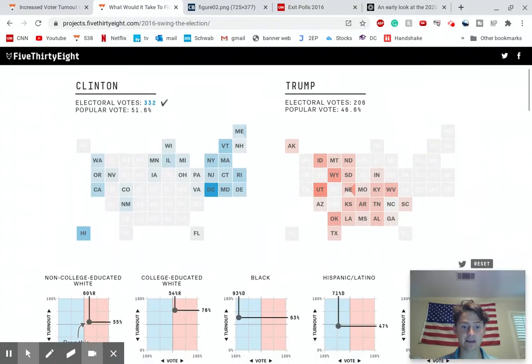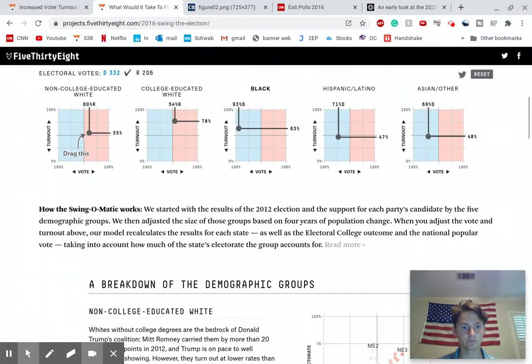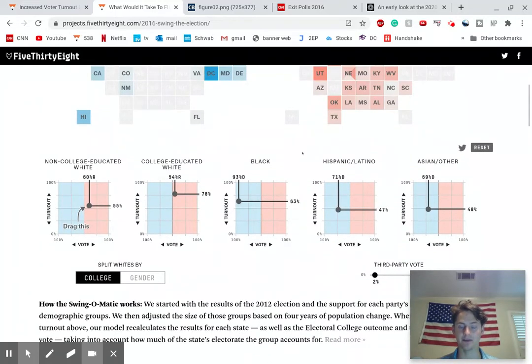But essentially, what we have right here is we started with the results of the 2012 election and the support for each party's candidates by the five demographic groups. And I don't necessarily buy into that these are the five key demographic groups. I think this is what we see in the media a lot, just kind of they like to slice and dice the American electorate in terms of race. And then because white is the biggest racial demographic group, they like to divide it between non-college educated whites and